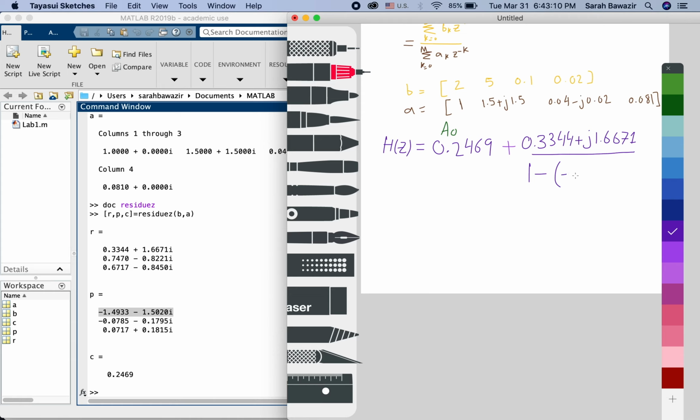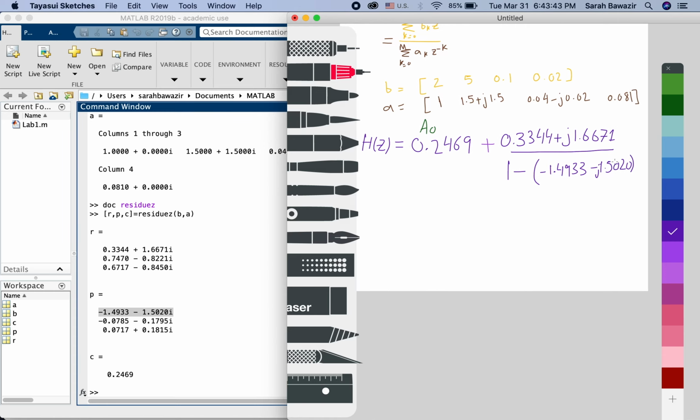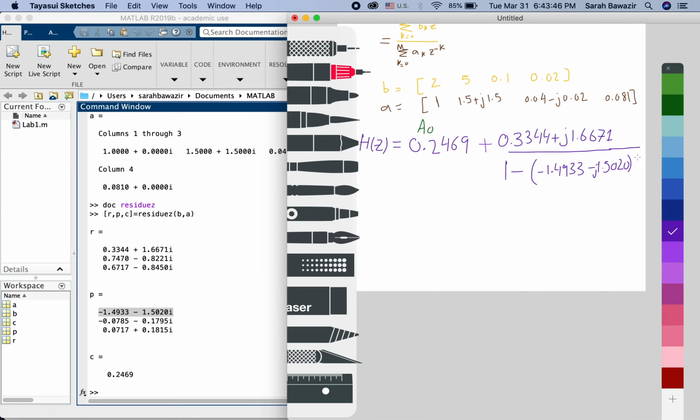It's minus 1.4933 minus 1.5, here it's j, sorry I'm running out of space, j1.5020 z to the power minus 1, plus, again, so this is A1